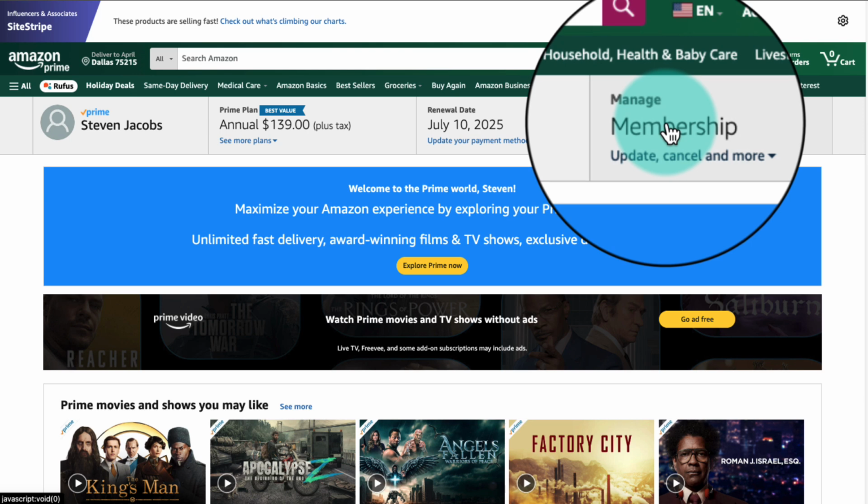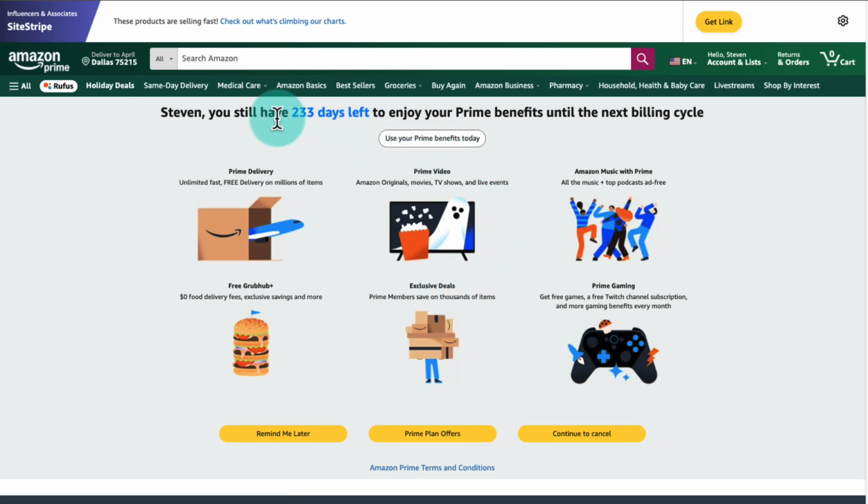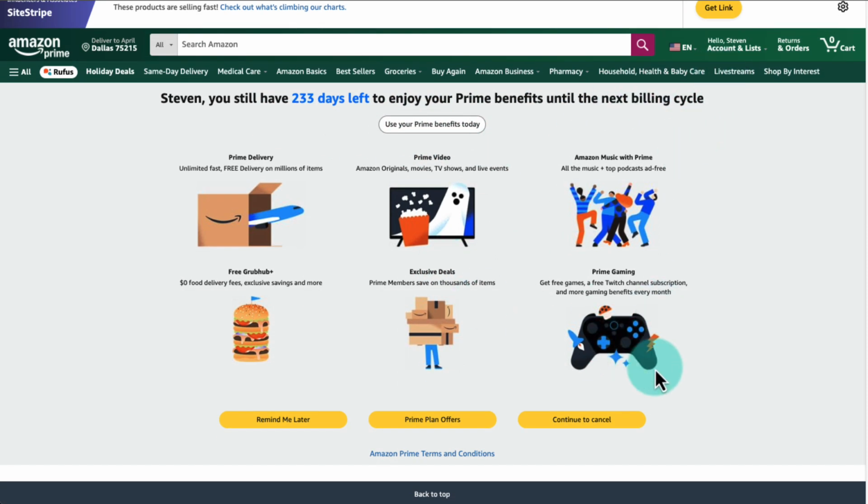And we're going to select update, cancel, and more drop down. And here we get to choose whether we want to share, pause our membership, or end the membership. So I'm going to select end membership. Again, just like on mobile, they're going to try to get us to stick around, but since we don't, we will just select continue to cancel here at the bottom. Now, I'm not going to go past this step, but this is how you're going to cancel your Prime membership